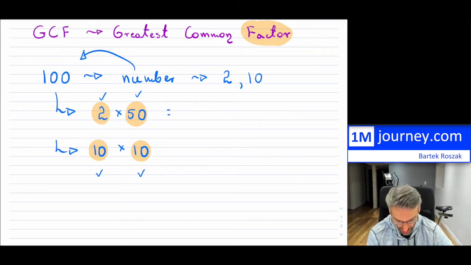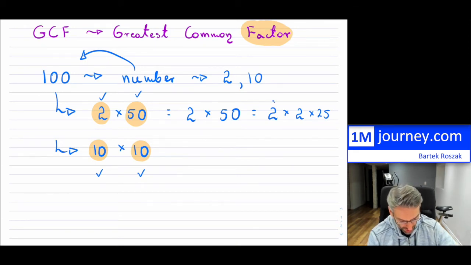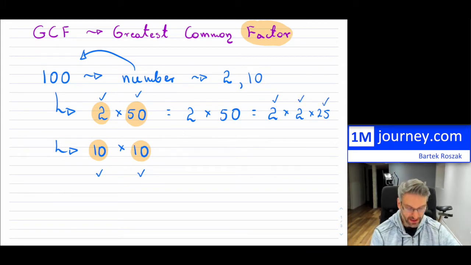So within here, I can continue this trend, and I can take my 50 right here and break it down further. That 50 has factors also, right? Now 2 goes into 50 again, and what I get is 2 multiplied by 2 times 25. So now I have 3 factors that make up my 100: the 2, the 2, and the 25. Now, the 2's are prime, so I can't break them down any further. The 25 is not prime,